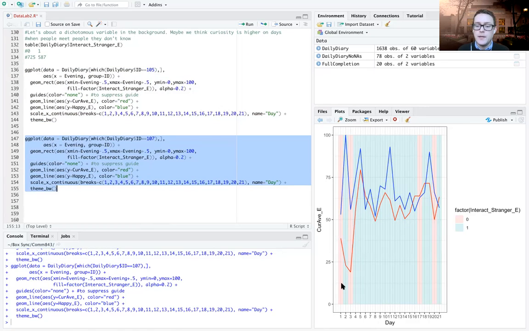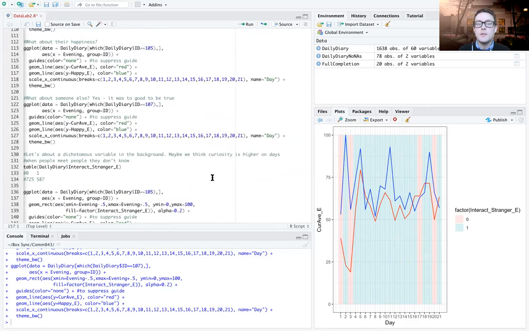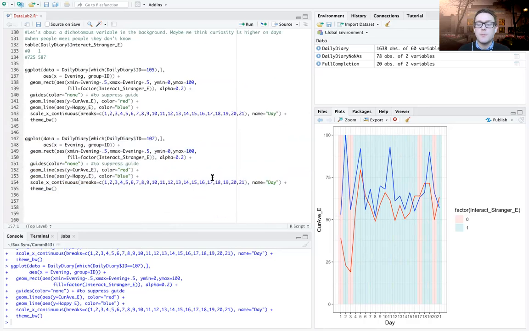And note that by setting the min and max of the rectangle to 0 and 100, we're now across the entire scale. So you don't have to play around with the y-axis. All right, so this gives you a sense of how to read in your data, to start describing it, to start plotting it. And so for homework,